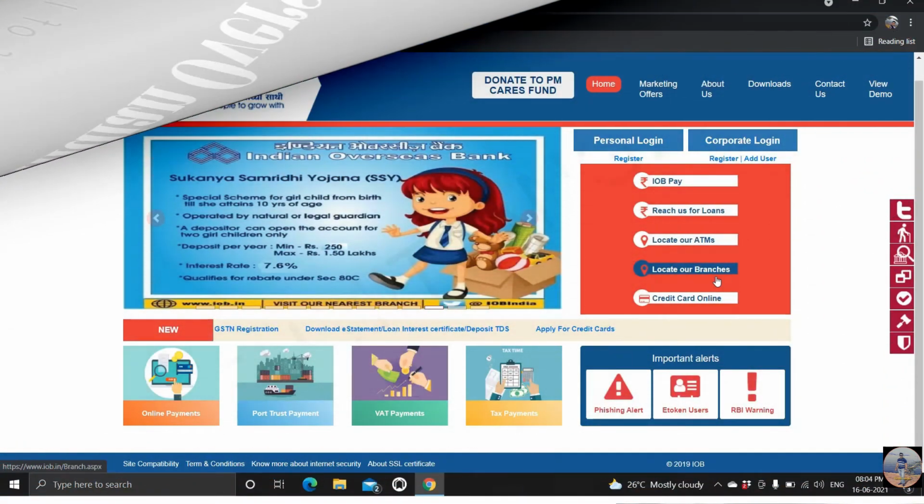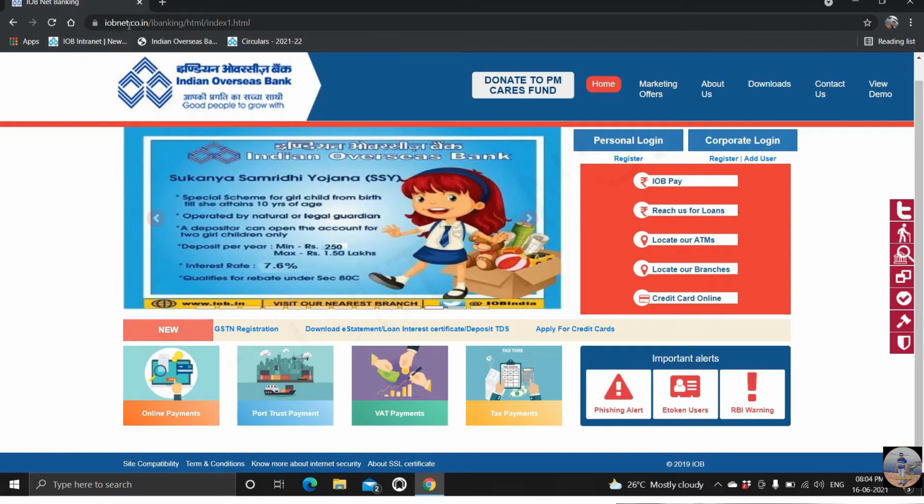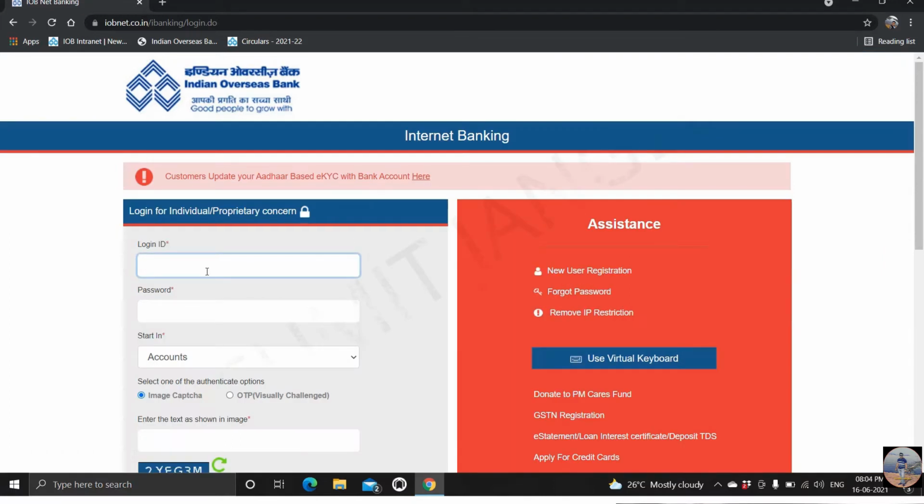So here we are back to the Indian Overseas Bank internet banking homepage. Now we will not go to register, but we'll go to login, personal login, not corporate. Now the system is asking to give the login ID and password. You must be having your login IDs and passwords with you. So let's give it.